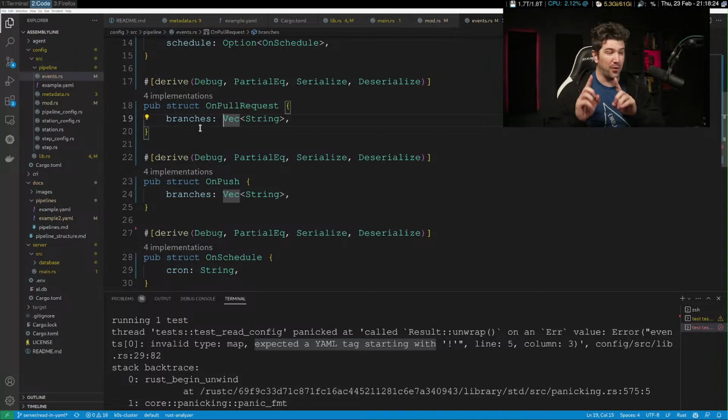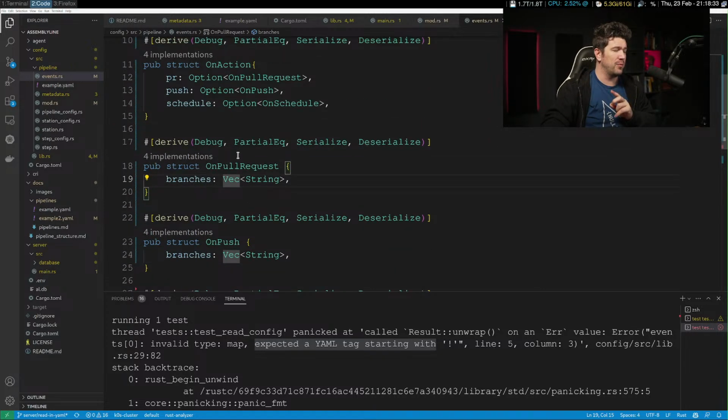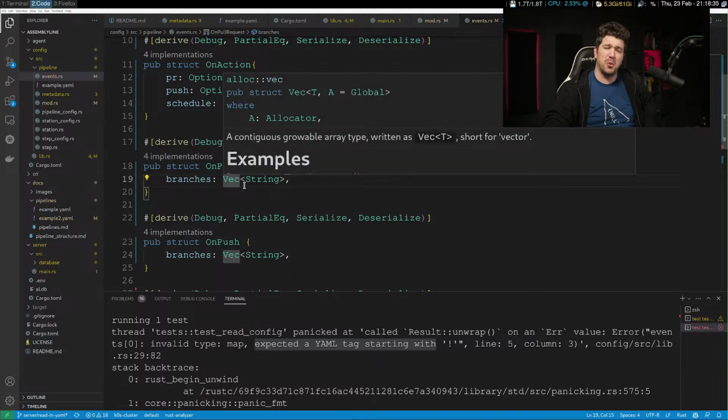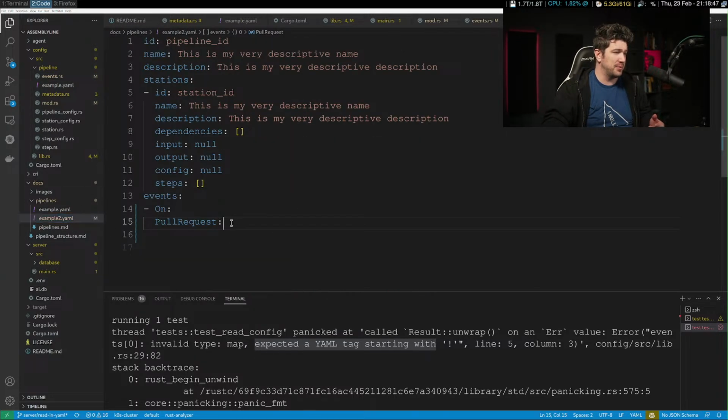We did this with default, a default of empty list. Let's do that, because I think if you say... actually, do we want it to be an empty list? I don't know that we do. I was going to say, if it's an empty list, we do it on all of them. But is that really what we want? I don't think it is. I think if you make it on PR, you should have some branches. So let's actually update this.